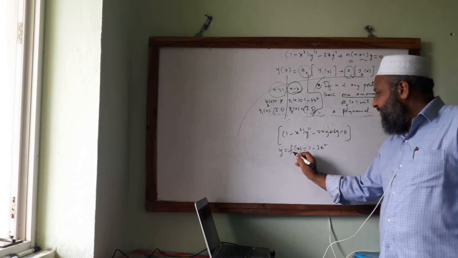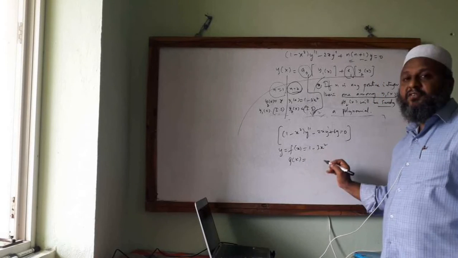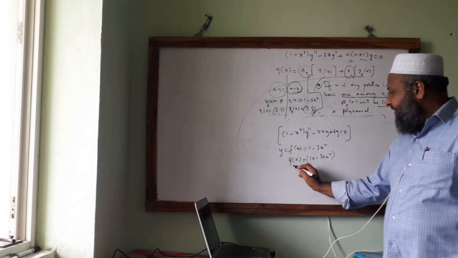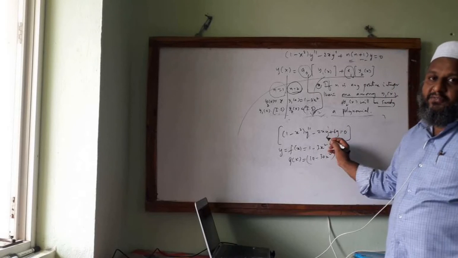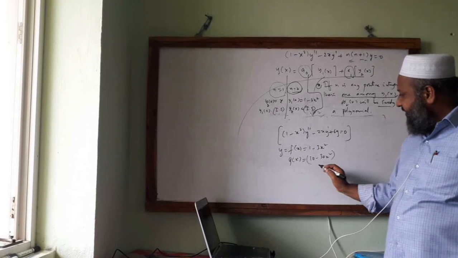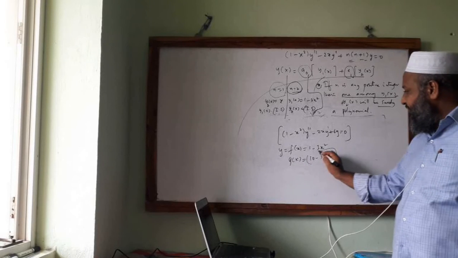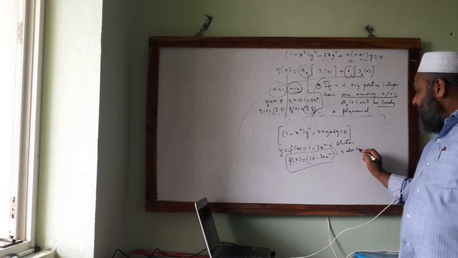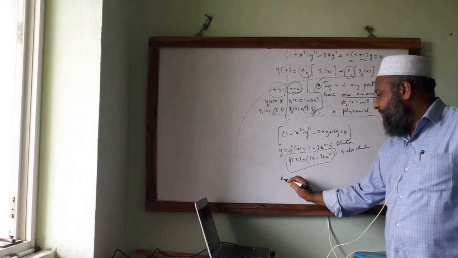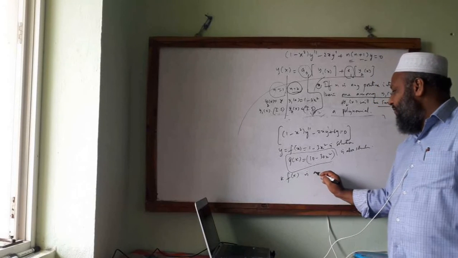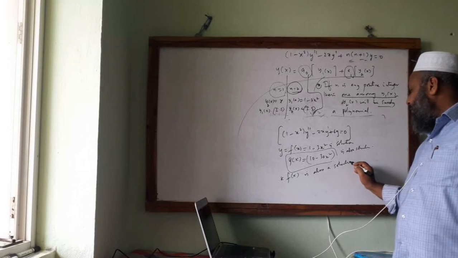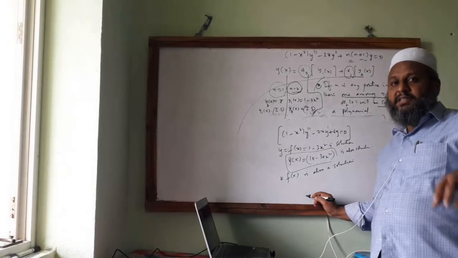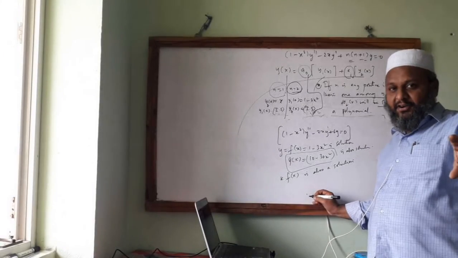Just let us see, instead of this f of x, if I take g of x as 10 times of this one, then it is 10 minus 30x square. You can verify that if you calculate g dash and g double dash and substitute in the place of y, y dash and y double dash, then this gets satisfied, and hence this particular g of x is of course a solution, and this is also a solution, and any multiple k with this f of x is also a solution.